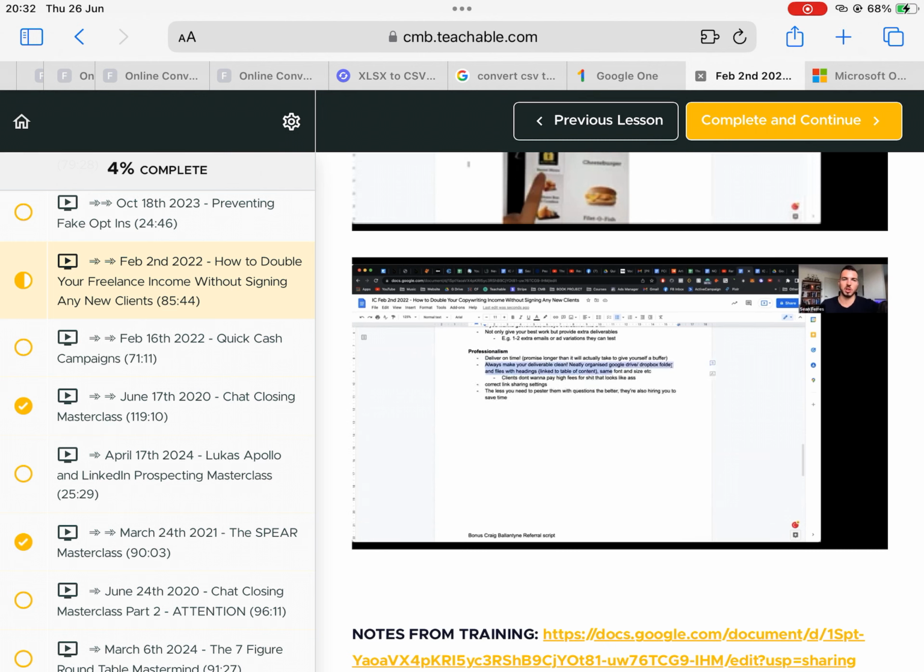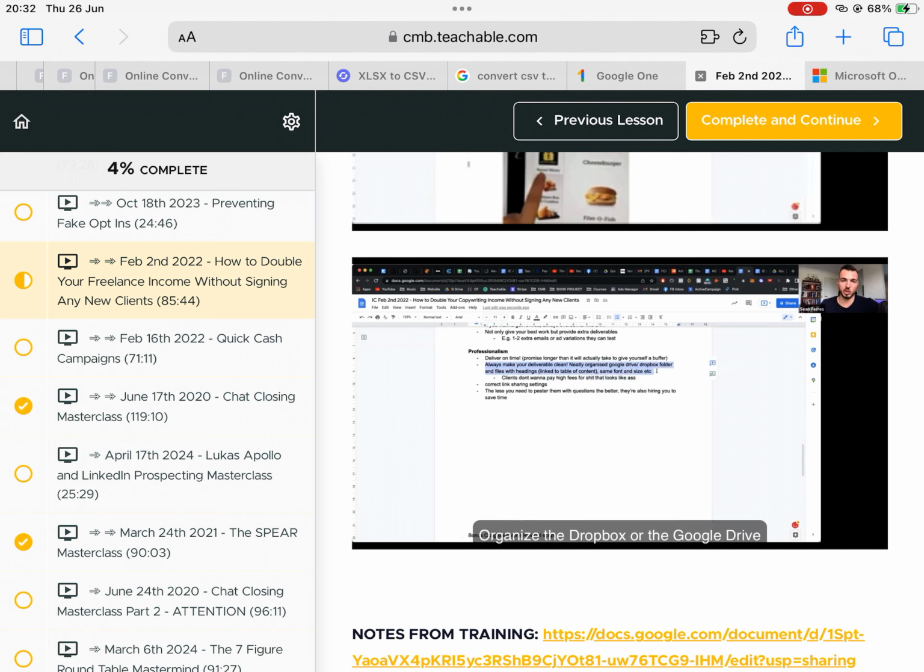Also, make your deliverables clean. Make them well organized, make them easy to read. It's crazy how many copywriters deliver emails and ads in a Google Doc, and they're like 12 different fonts and 3 different colors and sizes, and the spacing's all terrible. It just looks like ass to read, and you're like, I want to rip out my eyeballs looking at this thing. So it's like they don't want to pay a lot of money for, pardon my French, but shit that looks like ass, right?